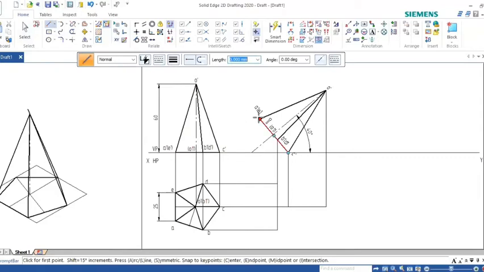Go to A and E. A comes here, and E comes here. So now you locate it here: A, B, C, D, and O dash. And also center O1. Go to the line command.